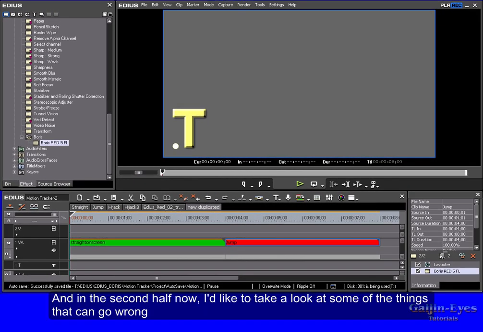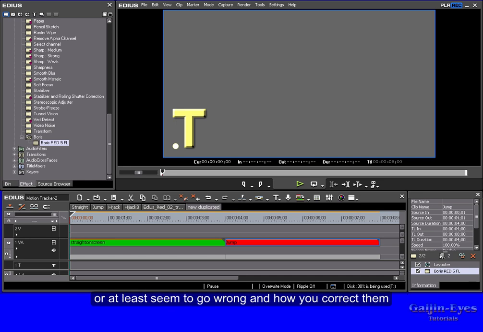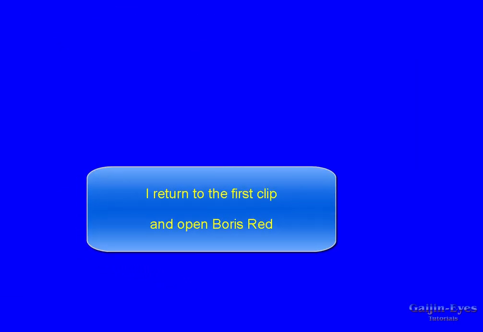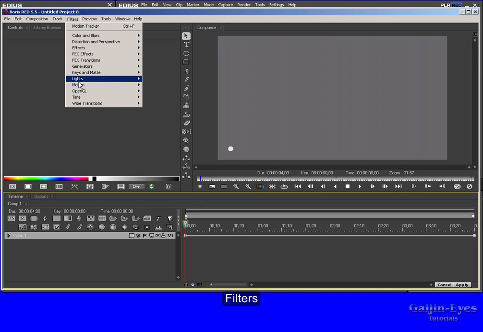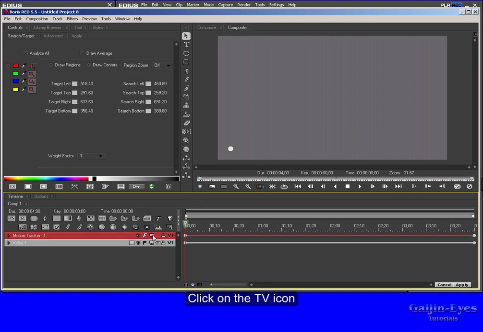And in the second half now, I'd like to take a look at some of the things that can go wrong, or at least seem to go wrong, and how you correct them. With the video track deselected, filters, motion, motion tracker, click on the TV icon, and here it's possible you can